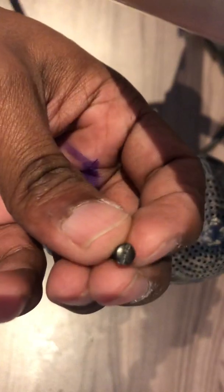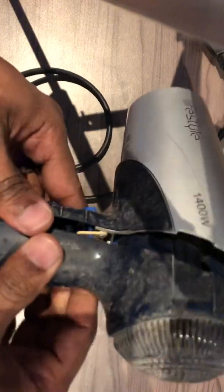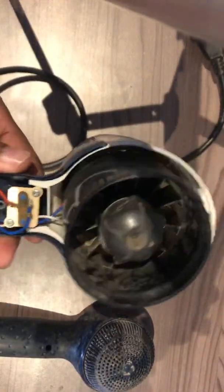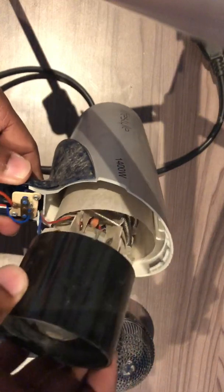The security screw that I'm talking about is this. It looks like a flat screwdriver, but it's got a notch in between. Once you remove that, straight away on the inside, you can see that you've got